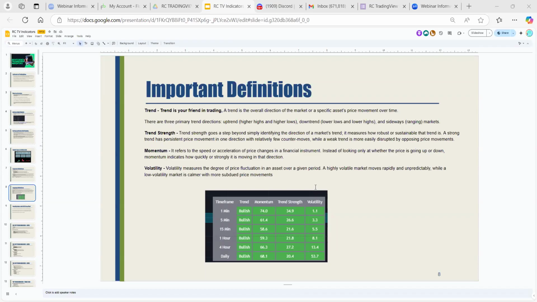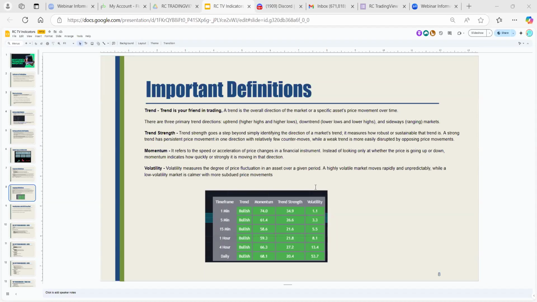So one is about the sustainability, right? Trend strength is whether the trend can sustain for a longer time or not. The trend strength will tell you that. The momentum will tell you at what rate it is going up. Can it be a quick move, or a quick drop, or will it be a choppy or sideways market? So